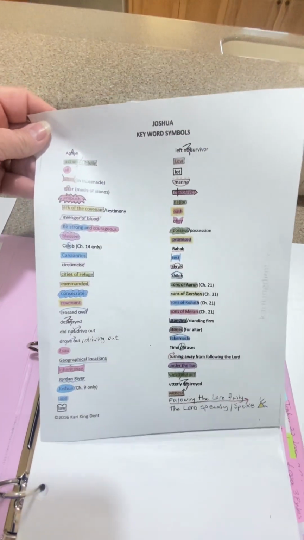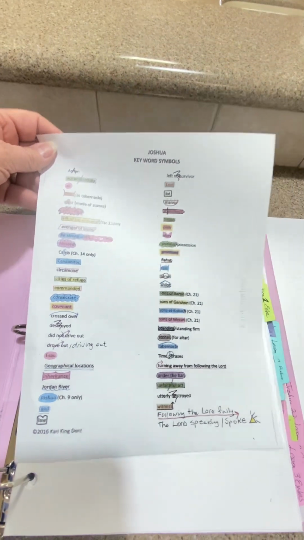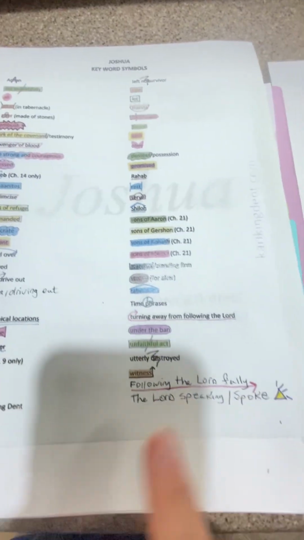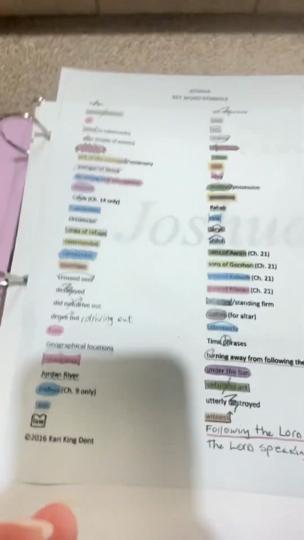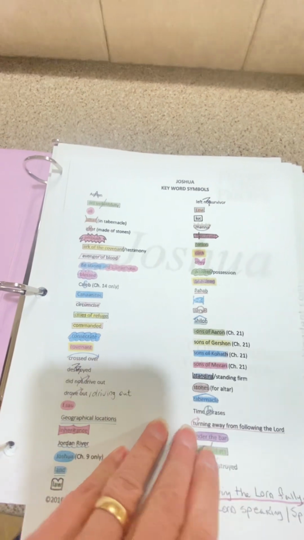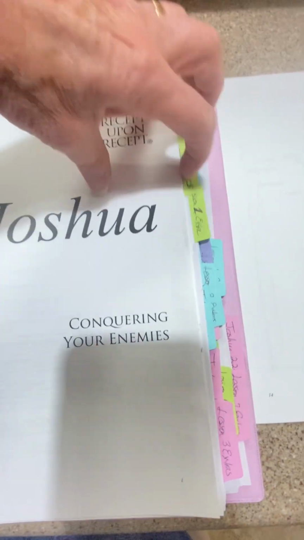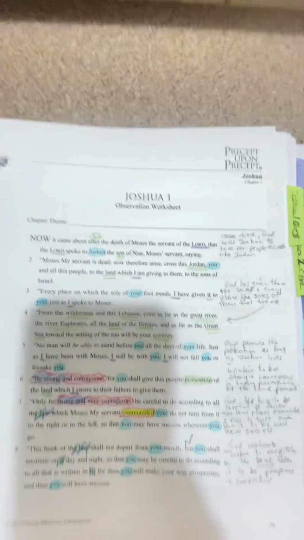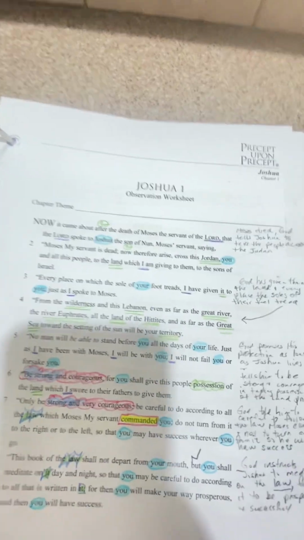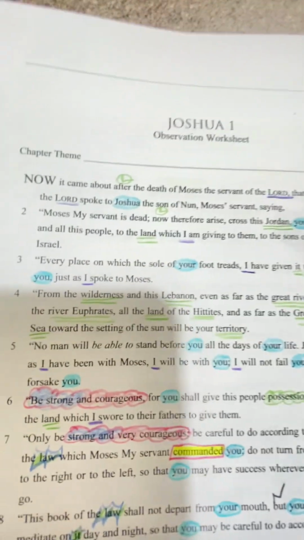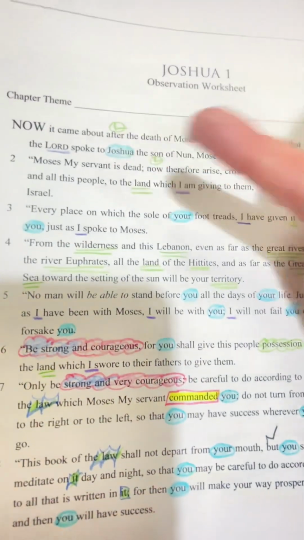This is another paper that you're going to get. These are the keyword symbols. These are keywords that they will ask you. I'm not sure if everyone is on here, but I tried to add even the ones that weren't on this. So when you're reading and studying and they ask you to mark key words, you use that list to help you. Let me show you, for example. Here's Joshua 1. And it probably asked me, just looking at this, to mark the key words. So apparently Joshua,